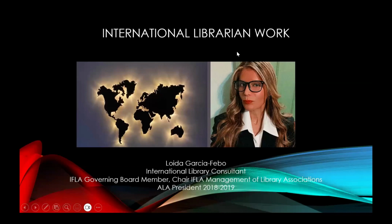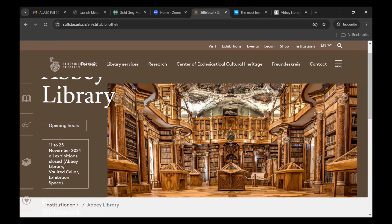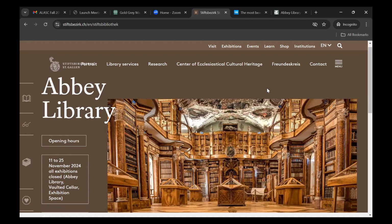Before I go here, I'd like to share with you some libraries I have visited, because I was reading your comments on libraries that you liked, and I have one of my favorite libraries in the world, so I'd like to share with you. Let me see, what is it? Okay, here it is. This library is in St. Gallen, a town or a city in Switzerland, and is beautiful. I hope you can see part of it. This is the website. And the colors in the actual library is even more majestic than what you can see